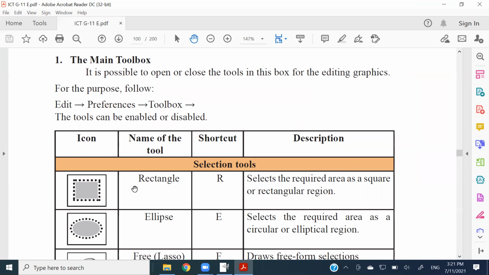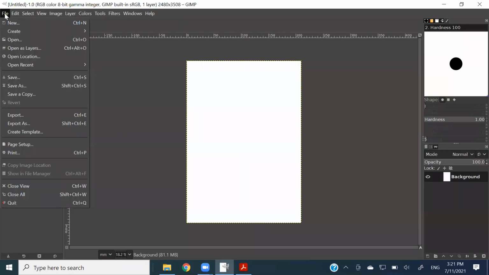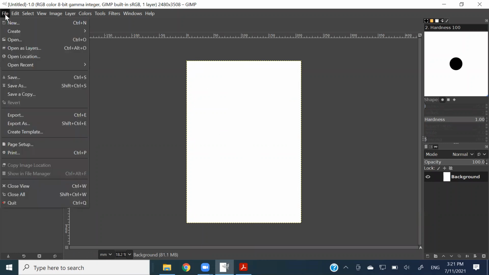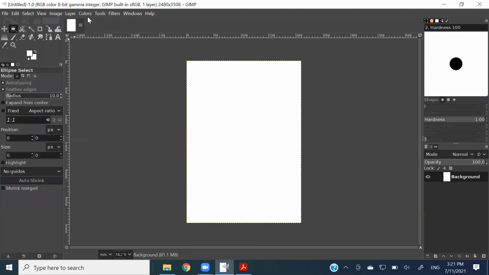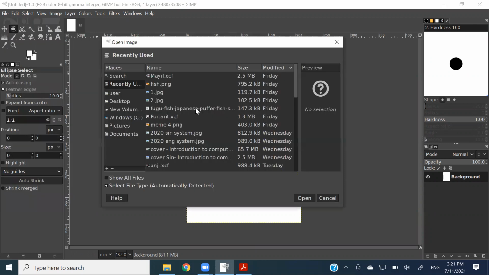So to discuss these things, I'm going to take a picture into your working area. Let me take one. When I'm taking pictures onto this layer, we can go to File and say Open. If you say Open, it's going to open as a separate file. If I go to File and click on Open,